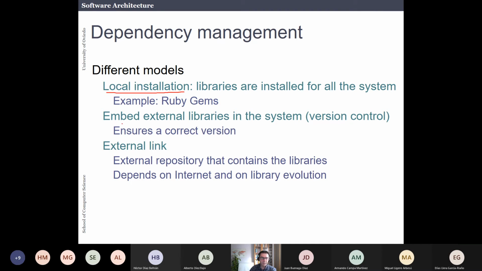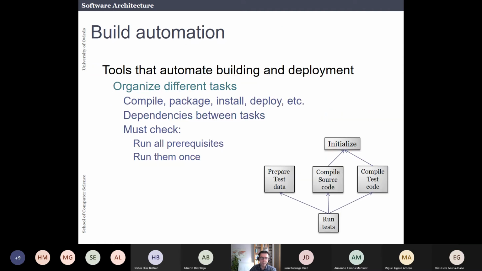There is also the possibility to just embed the external library in your system, but then you will have a problem with version control, of course. Or you can create an external link and say, I will depend on this repository with this external link, and then let some kind of tool automatically obtain the jar. Again, this is not easy to do, and there are tools to automate the building. And now this is what we are going to talk about: